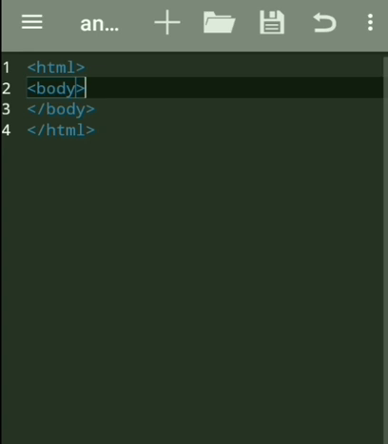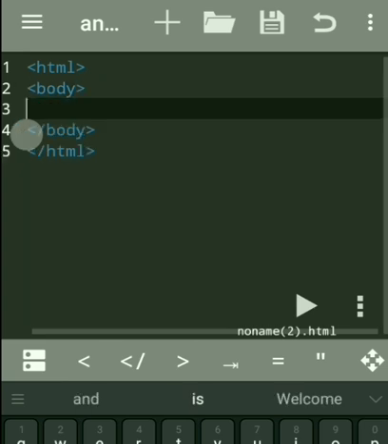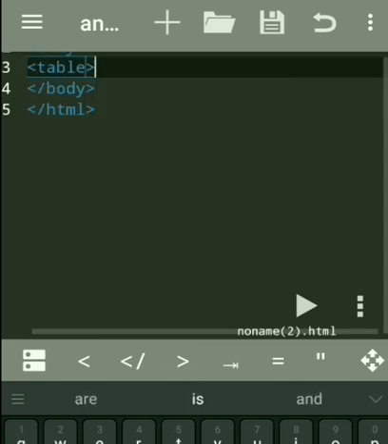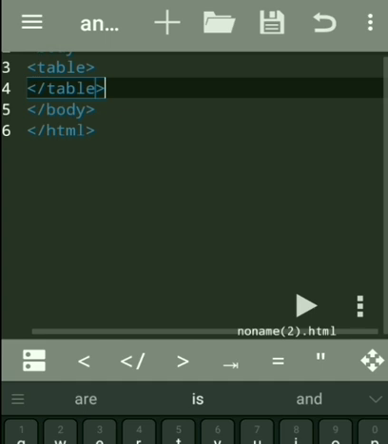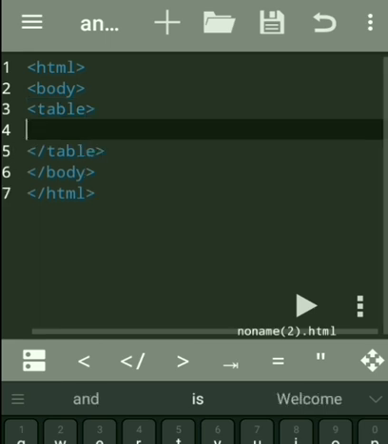You know that here is the HTML tag, starting and closing tag, and I am using only the body tag here to write the content in the HTML body. I omit the head tag, the header tag. In the body, in order to create a table, we have to use the table open and table close tag. Everything, the rows and columns, should be written within this table open and table closing tag.